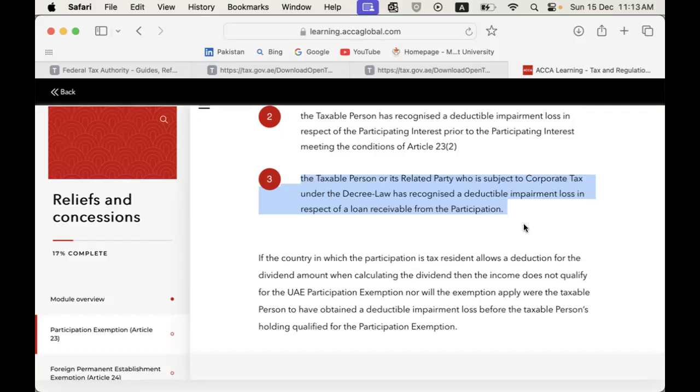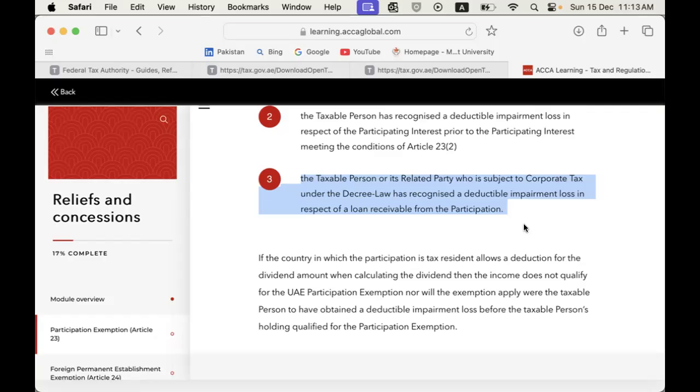Yes, exactly. Although it connects with it, the rationale of lawmaking would be that the economic reality is that the year has not completed. In the earlier part of the year, we booked an impairment loss, and before completion of the year, we are reversing it. That may still be a gray area that may be taken up with or challenged with FTA, that look, we reversed the loss before the year end was closed. What will be the answer of FTA?